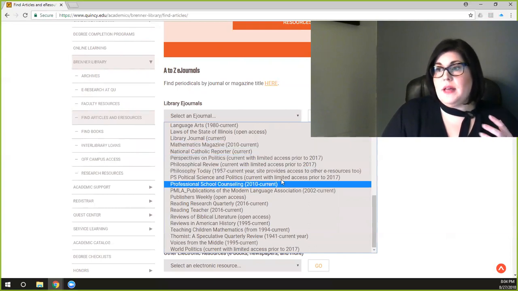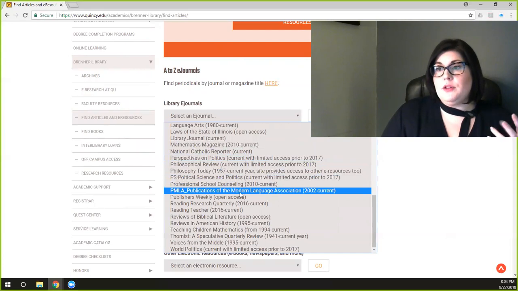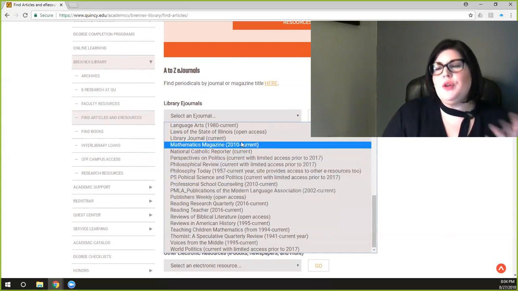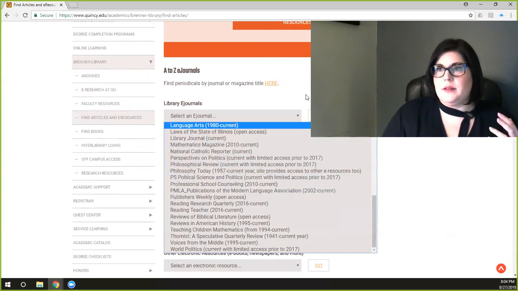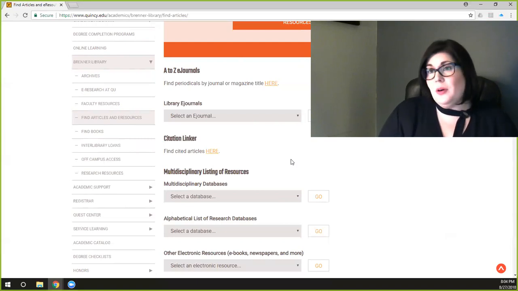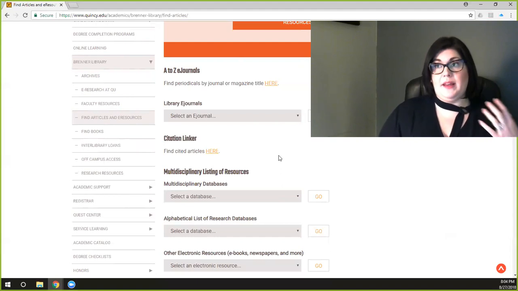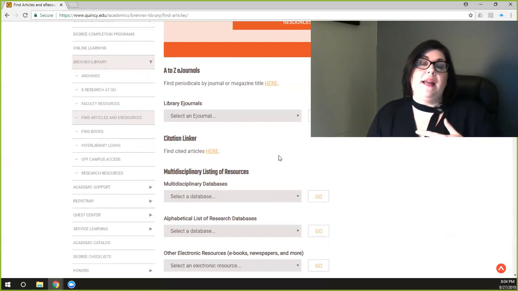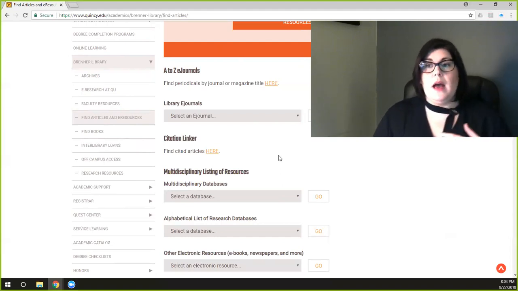These are some journals and they're all excellent. English majors, this PMLA is going to look really good for you. I mean, you can tell looking at these e-journals which will pertain to you based on subject. If you're just doing a research paper and you aren't quite sure specifically what journal might speak to your topic, or you want a database that will give you information from a variety of journals and disciplines, I would look